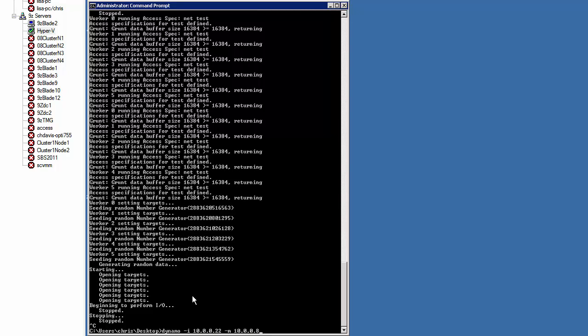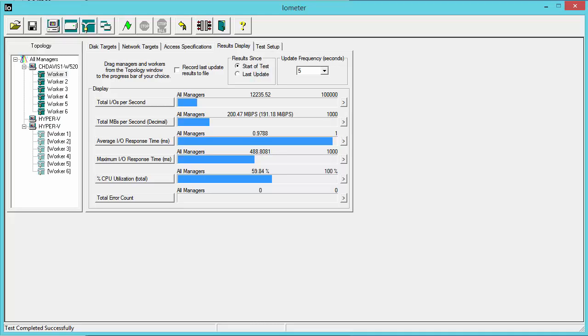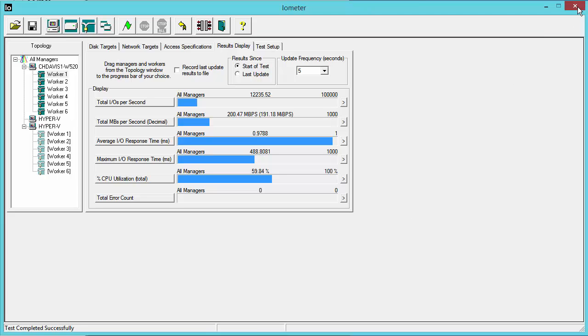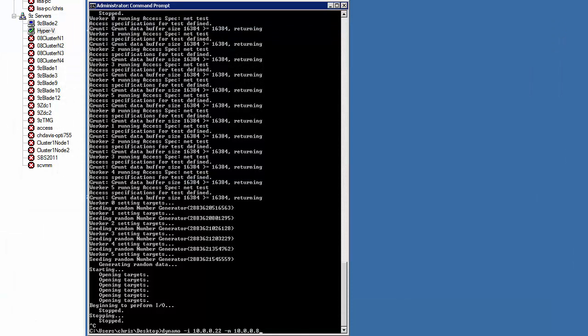Okay, so point being here, you see that we are doing dynamo and then -I, and then some IP address, and then -M, and then an IP address. So first thing you do is you fire up IOmeter, and we'll go ahead and close it. Actually, let me pin that real quick so I can reopen it really fast. Okay, so I've closed IOmeter. Now I'm opening IOmeter back up again and getting the UAC prompt, and up should come IOmeter,